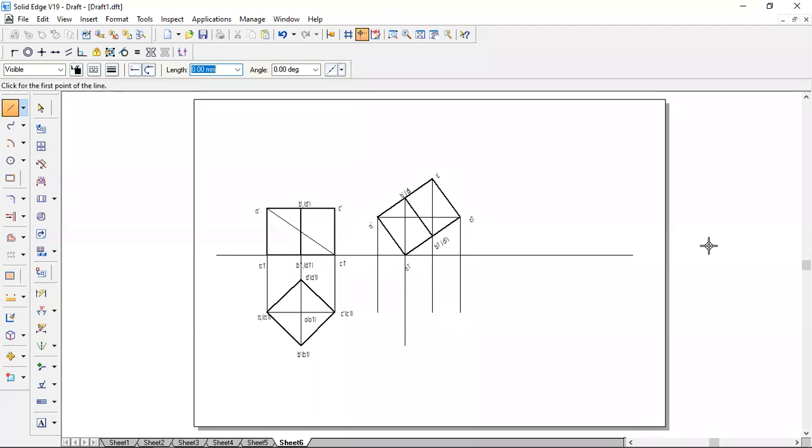Next, from the horizontal projection: this is a dash, a. From a, it is going to intersect at this point. Then one more is a1; A1 is intersecting at this point, and then C1 is intersecting at this point. So join to this and then to this. Next, D dash and D. D is here and D1.